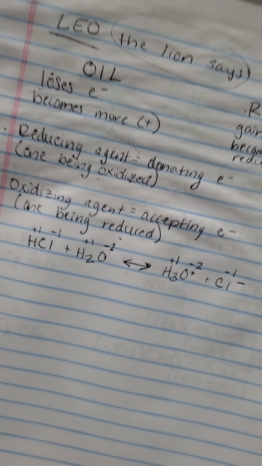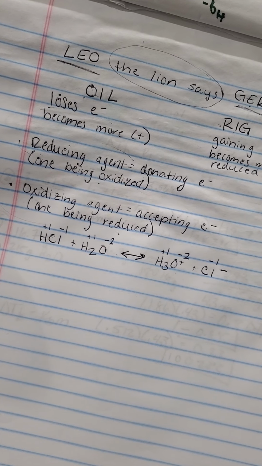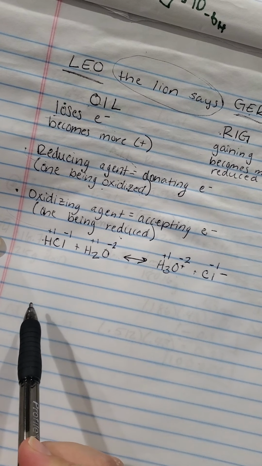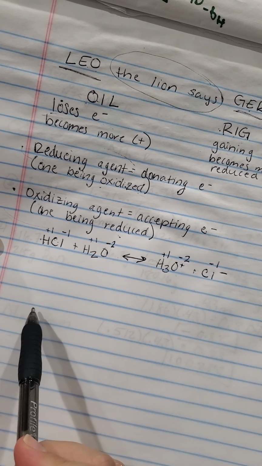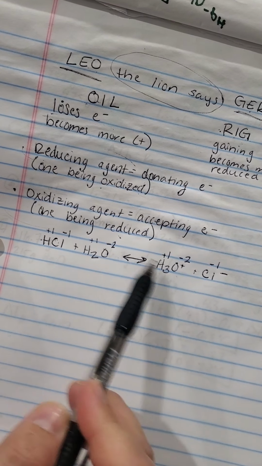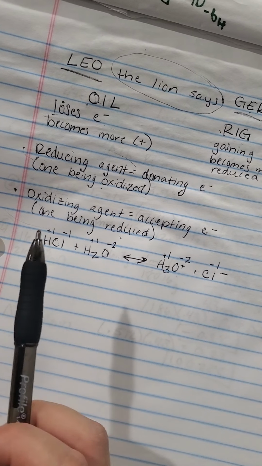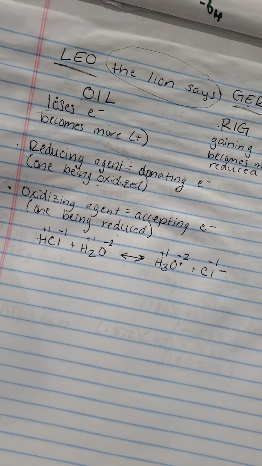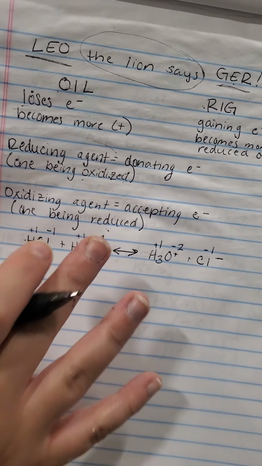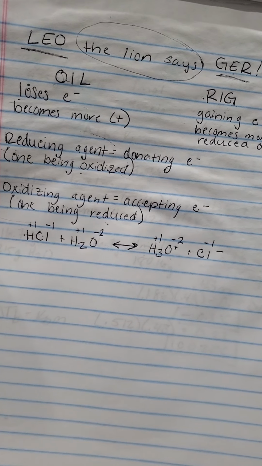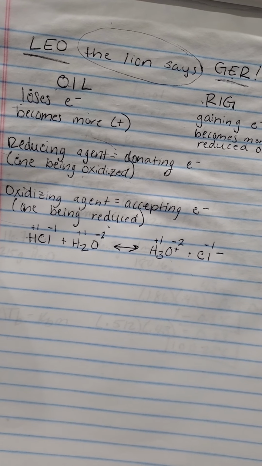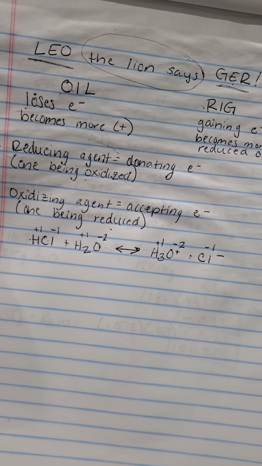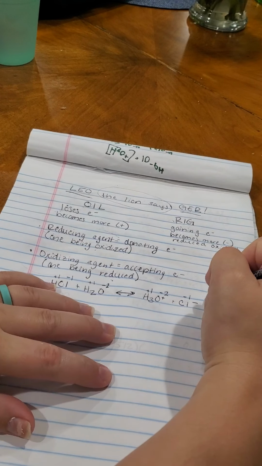And chloride is still -1. Okay, so are we seeing any changes? Hydrogen to hydrogen still +1, chlorine to chlorine still -1. We can check either one of these hydrogens because one of them could be oxidized or reduced. Both of those are still +1, and both our oxygens are -2. So this was just a refresher to show you how to use your oxidation rules to figure out what's being oxidized and what's being reduced. For this one, since there's no exchange of electrons changing oxidation numbers, then we say